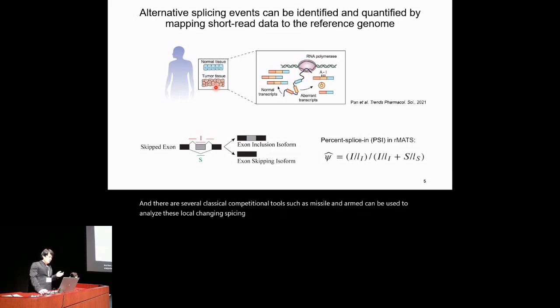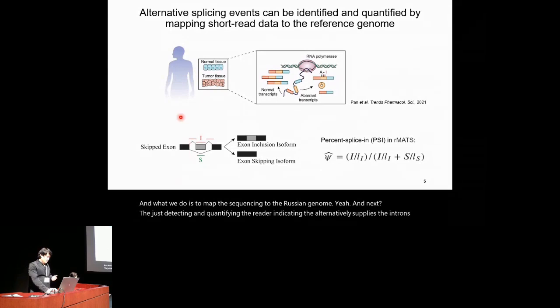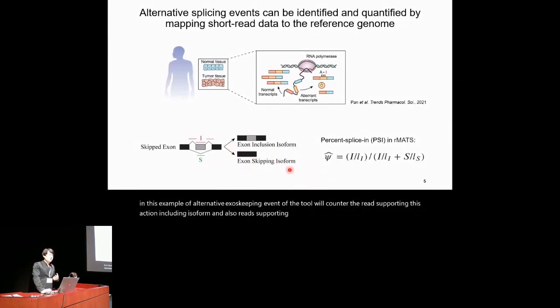What they do is map the sequencing reads to the reference genome. Next, they detect and quantify the reads indicating the alternatively spliced introns. So in this example of an alternative exon skipping event, the tool will count the reads supporting this exon inclusion isoform and also the reads supporting this exon skipping isoform. And these two read counts will be used to calculate the percent spliced in, PSI, value to quantify this alternative